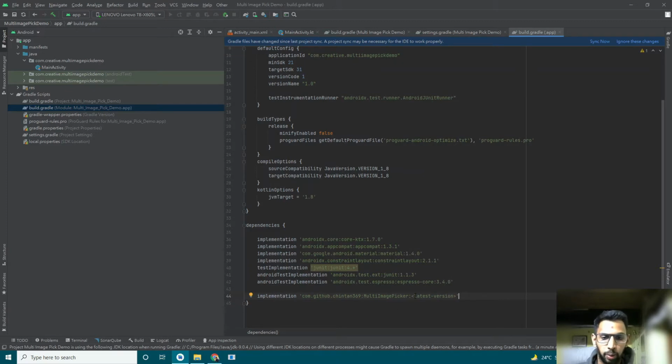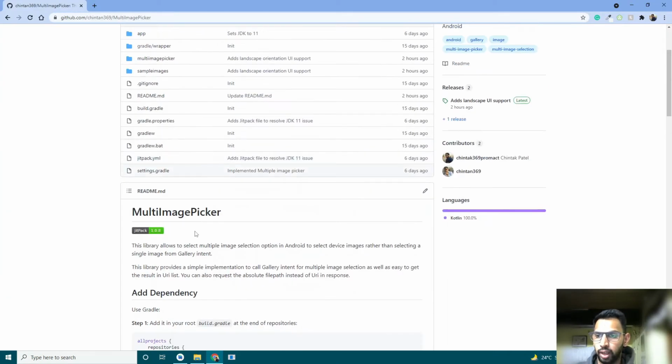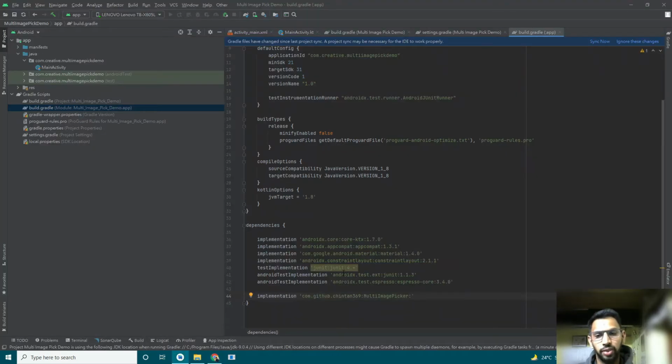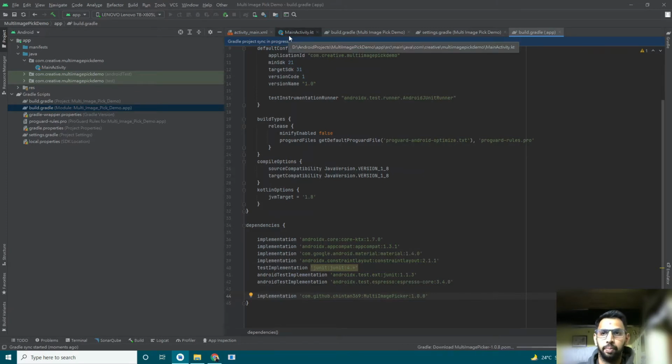So here we have to add the latest version. You will find the latest version in our repository here, Jetpack 1.0.8. So 1.0.8 is our latest version. Whatever updates come, the latest version will change, and you can take the latest version from there, or else you keep a lower version, whichever has the features you want. So now I am syncing here. Once the library syncs, it will download the dependency and add it to our project.